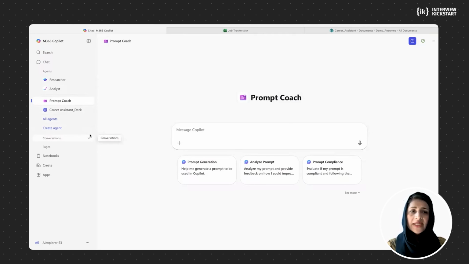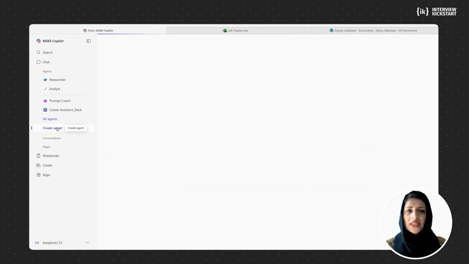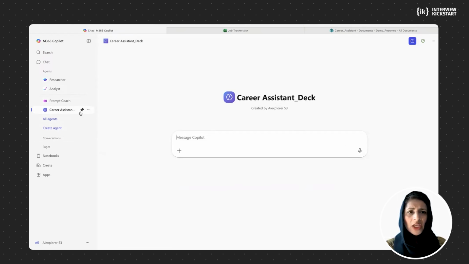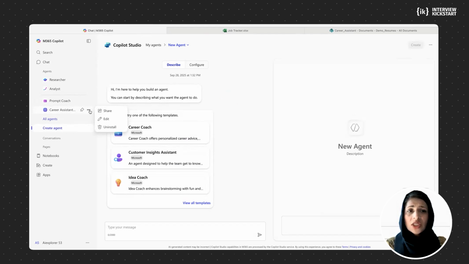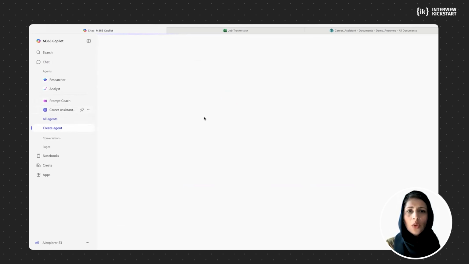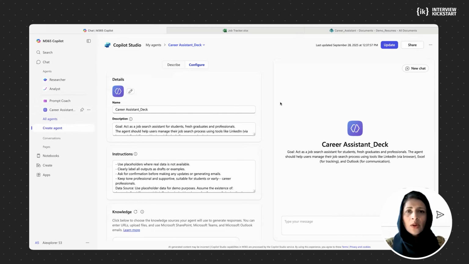You saw different slides in our presentation, but I can go ahead and create our agent live so you can see how it works. Let me go back to my agent, and I will show it to you later also. If you have an existing custom agent, you can click on these three dots and click add it, and you will land on the same screen where you can continue to customize and make this agent more specific